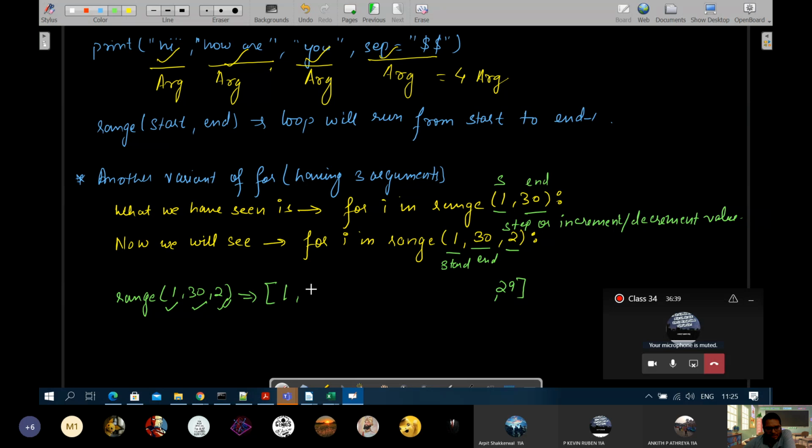So second value will be 3, third value will be 5, 7, 9, like that you will go to 29. Sir, if we want even numbers, then we can start from 2. Correct, 100% correct. That is one of the simplest solutions of generating even numbers from 1 to whatever. Okay.